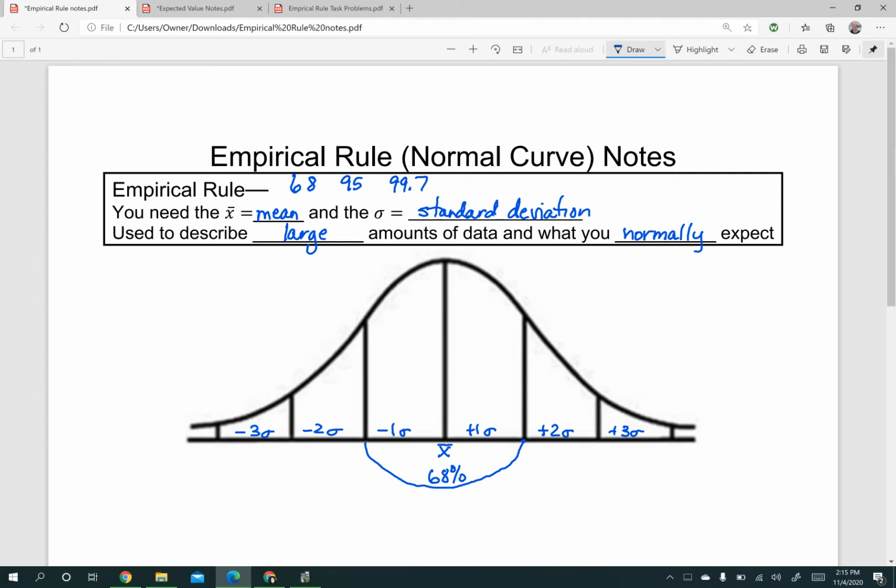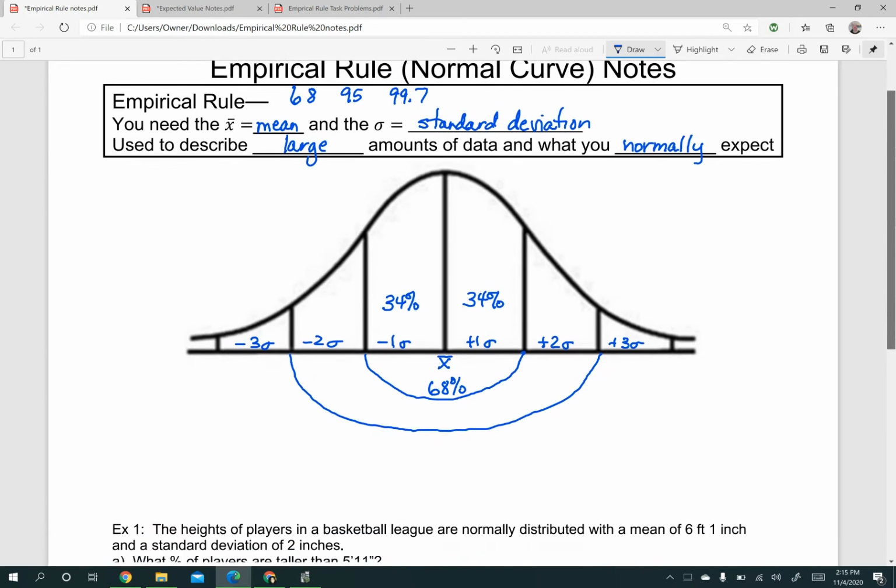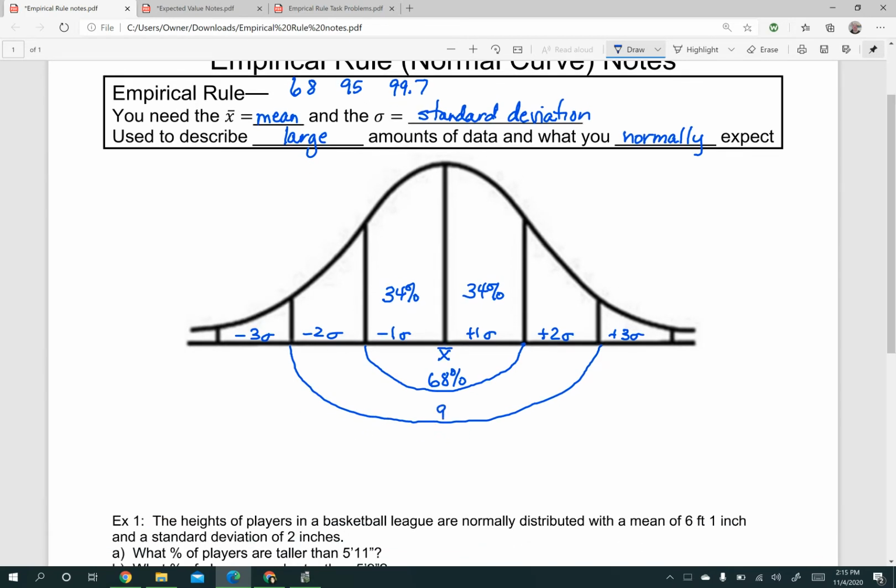And these magic numbers here, 68, 95, 99.7, tell you what percentage falls between each of these things. So between here and here is 68% of your data. Well, 68 divided by 2 is 34. So that means that this amount here is 34% of your data, and this amount here is 34% of your data. Okay? From here to here is